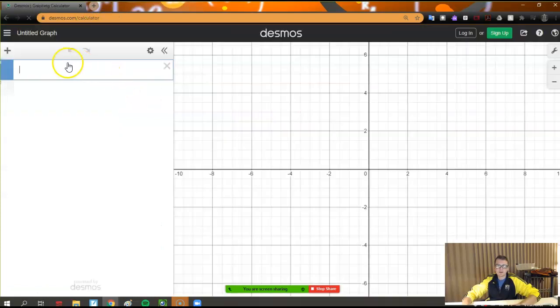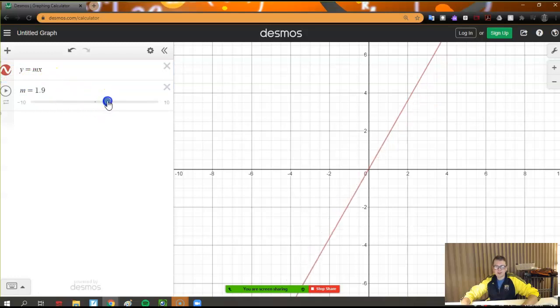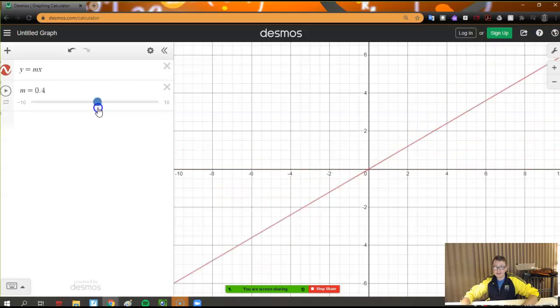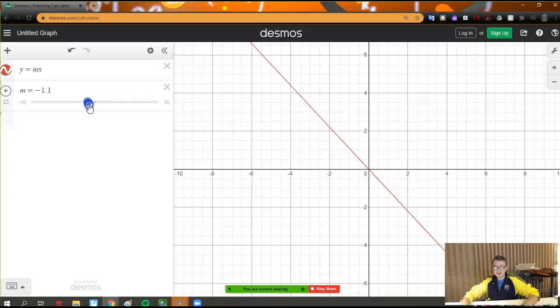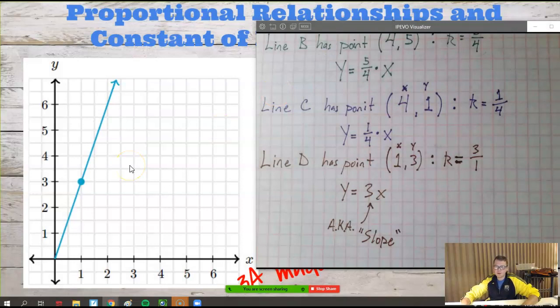The other thing that we could do is type in y equals mx. Check this out, this is super cool. Watch my screen. If I click add slider for m, I can change what m is and look at how the line changes. So a slope of 10 is really, really steep. What is a slope of 0? Oh, a slope of 0 is a flat line. And negative slopes are going down as we go from left to right. So use Desmos. It's fun to play with math. Do we have any questions with what we've covered so far today?